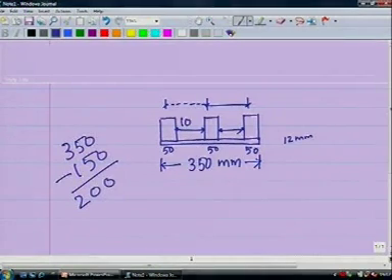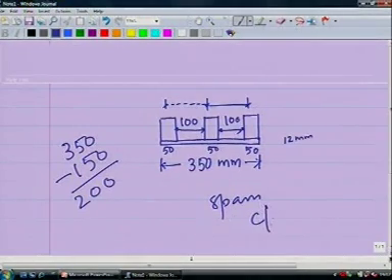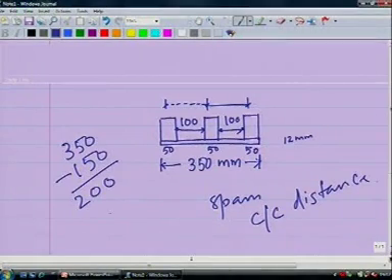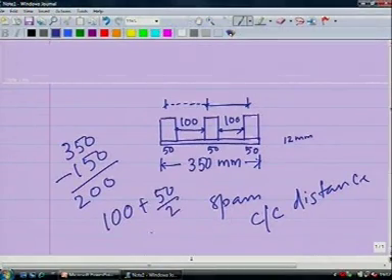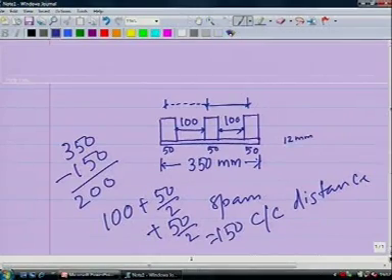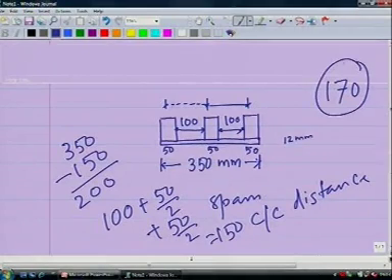So this is 100 and this is 100, right? What is your span of plywood, center to center distance? This is 100 plus 50 by 2 plus 50 by 2, which is 150. So although we can go up to 170, we are restricting it to 150 only.